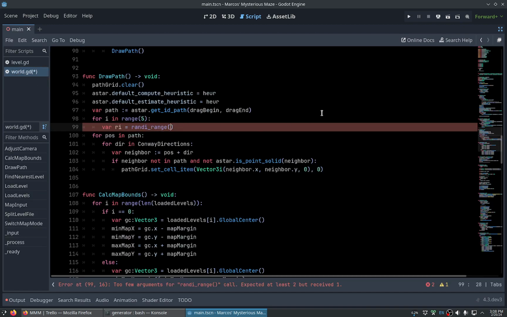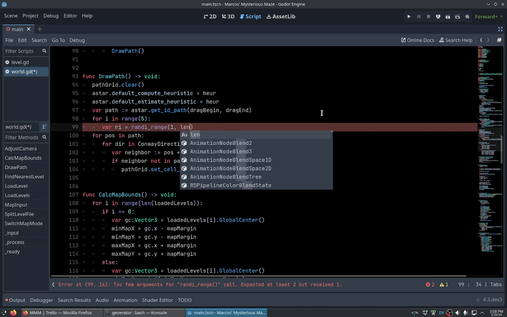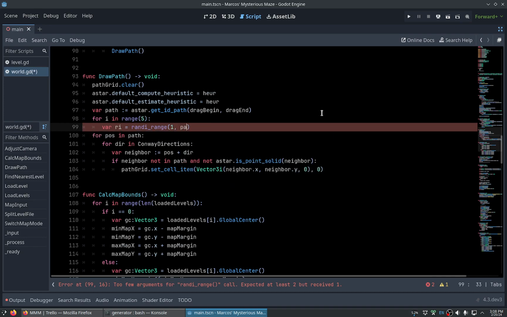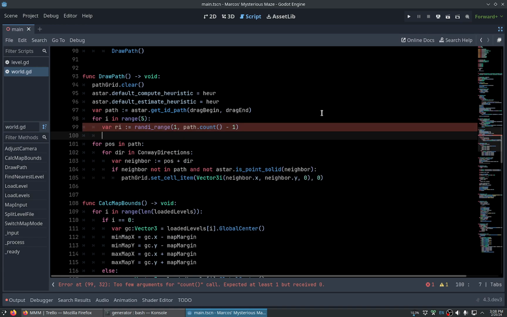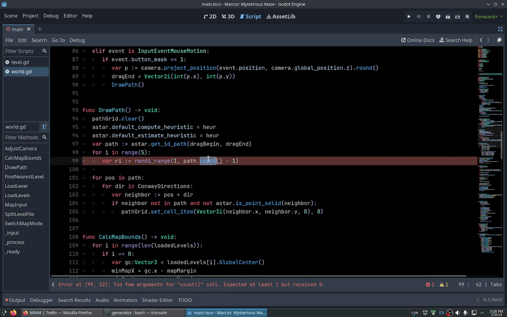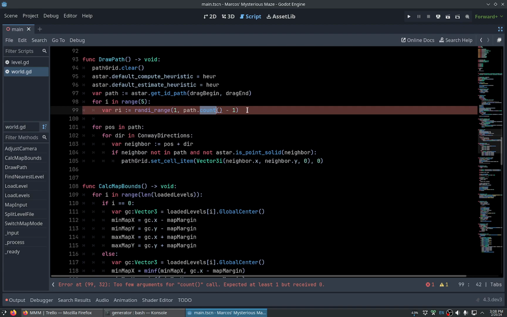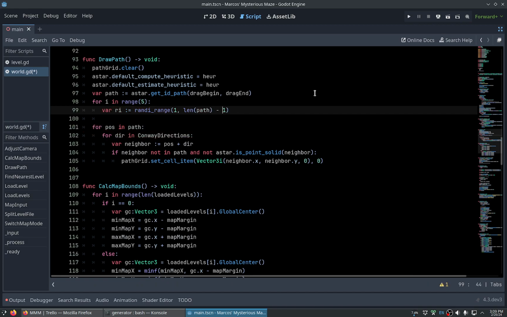I don't want count minus 1. This is an int. Count is another function that counts the occurrences of. Okay, I don't want the last element, so I will make this,